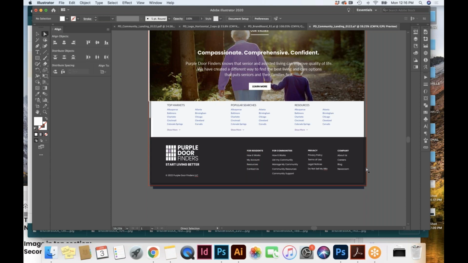Either way, this is what I think the content should be, right? Company would be the about us, careers. Blog and newsroom is more industry specific, right? When we go over to our resources, the residents blogs are going to speak to them.